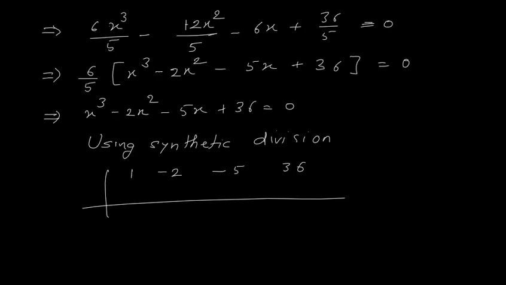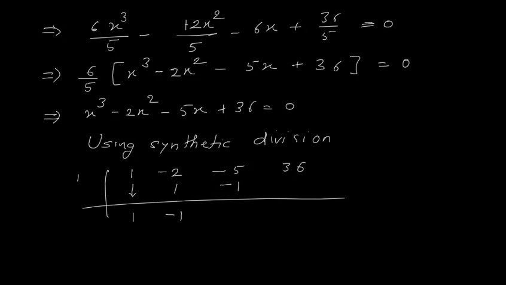So as it is a combination of positive and negative, I will start with 1. So what I will do, I will write 1 here. Now in this method, this 1 you have to bring as it is, so this one I will write as it is. Next I will multiply this 1 and this 1, so 1 into 1 gives me answer as 1. Then I will add this minus 2 and 1, so sum of minus 2 and 1 is minus 1. Then again I multiply this 1 and this minus 1, so 1 into minus 1 is minus 1.